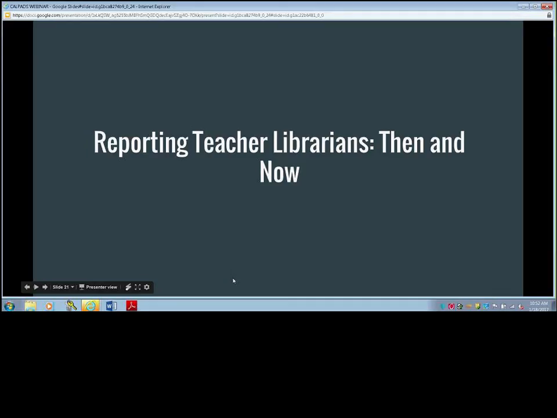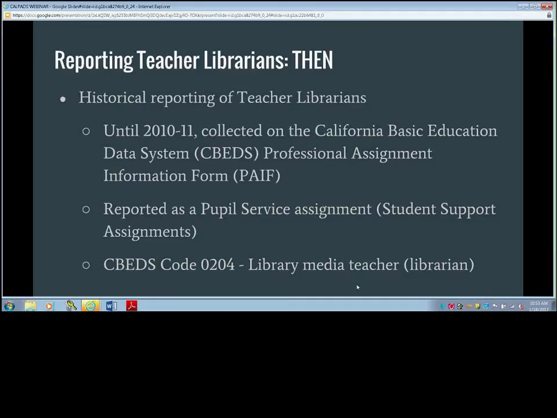Historically, teacher librarians were reported in the CBEDS data system, the California Basic Educational Data System, on the Professional Assignment Information Form, or the PAIF. For a long time it was a paper form, and districts gave this paper form out to all of their certificated staff, and they were expected to complete all of their assignments on this form, and eventually it moved to a web-based platform.